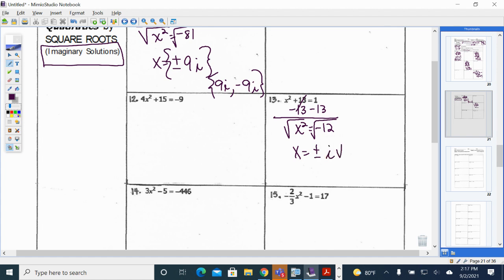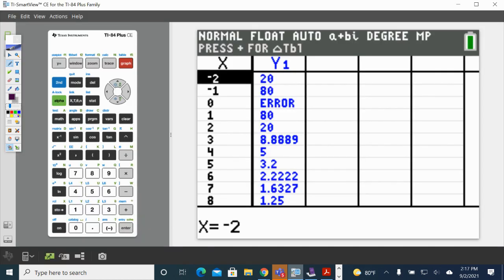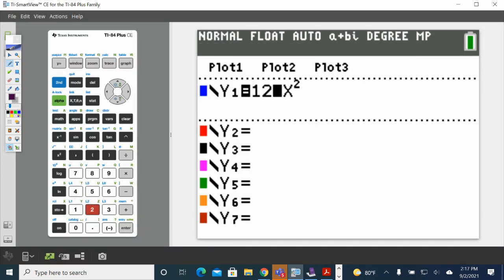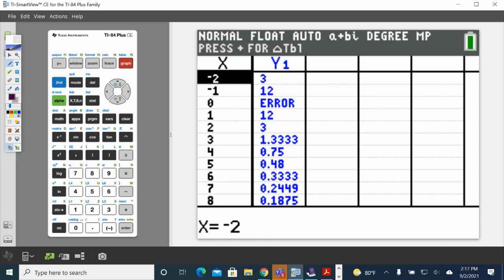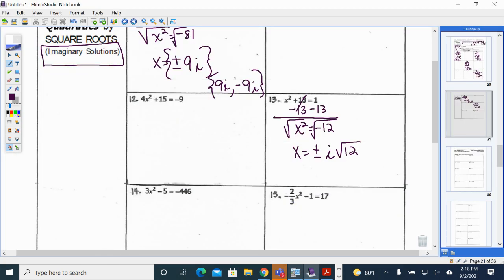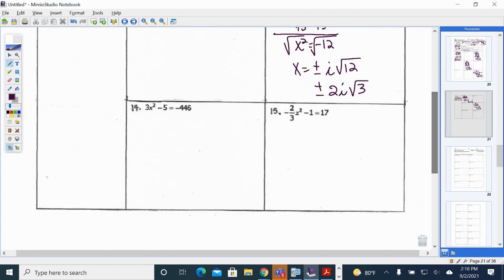You have an i and the radical 12. And you have to, again, simplify the 12. That square root of 12 should simplify to 2 radical 3, and it does. There it is. So I have a positive and a negative 2 and a radical 3. Don't forget where the i goes. Now your plus minus is going to go in front of that, and then the i goes behind the 2. All right, let's look at